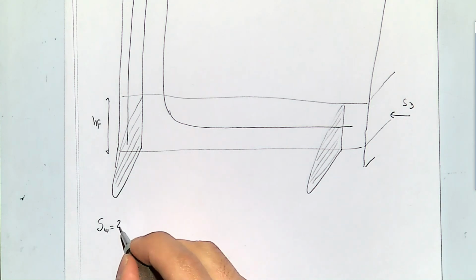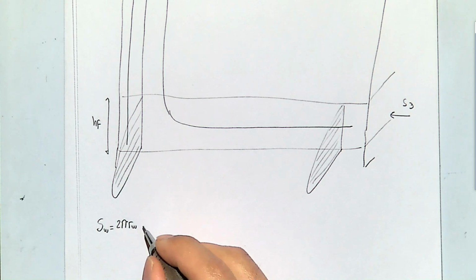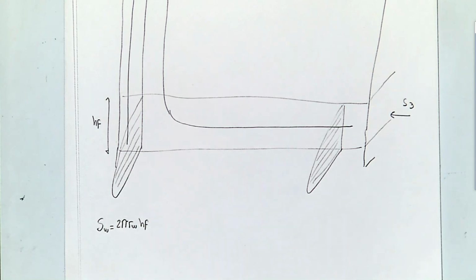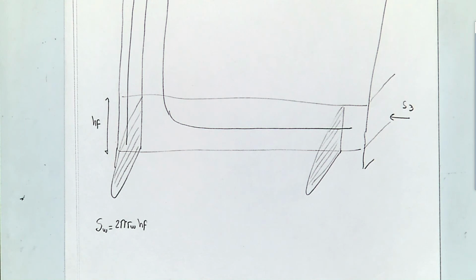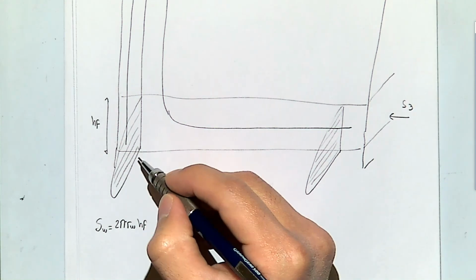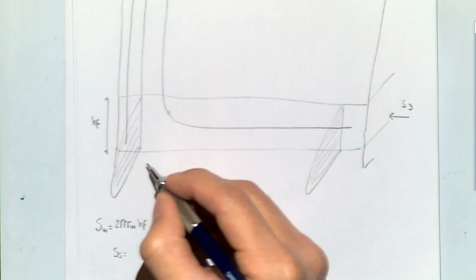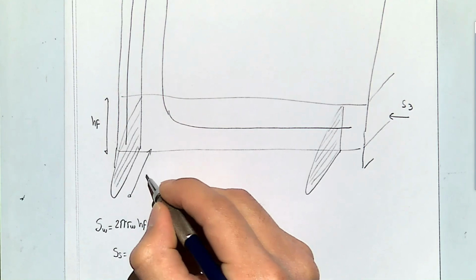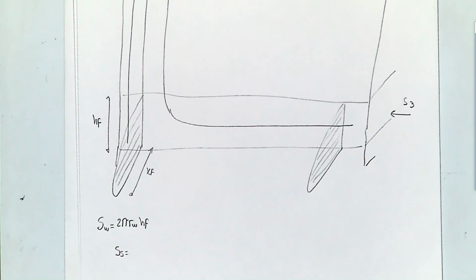So that's going to be, for example, 2 pi, the radius of the wellbore, times the height of the pay. If you have a single completion of a hydraulic fracture, now let's say that this is the length of the fracture, then you're going to have,